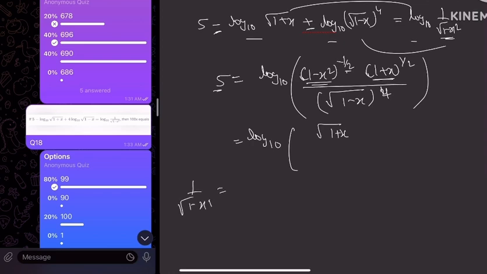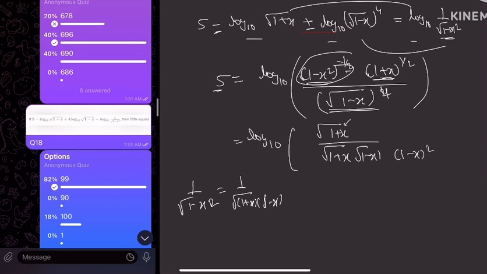So this can be written as 1 upon root over 1 plus x and 1 minus x, right? A square minus b square property. So this term I have written over here, this term in the denominator I have written, and I am splitting that: root over 1 plus x, root over 1 minus x. And in the numerator we also have 1 minus x power 2 4. So this is basically 1 minus x whole square, right? This gets cancelled with this. Very confusing it might appear, but when you write it and solve, you will be able to solve this.